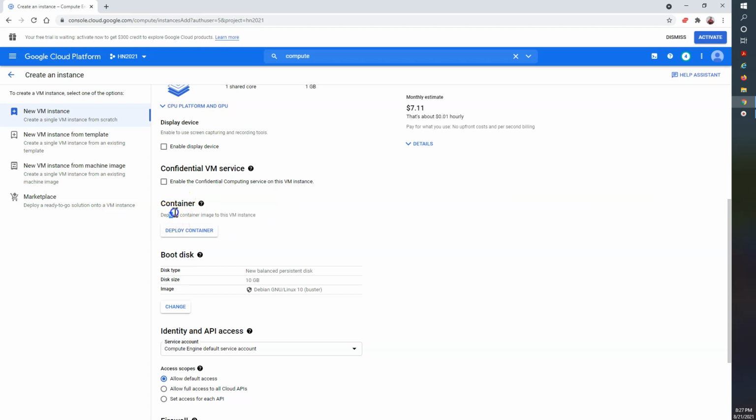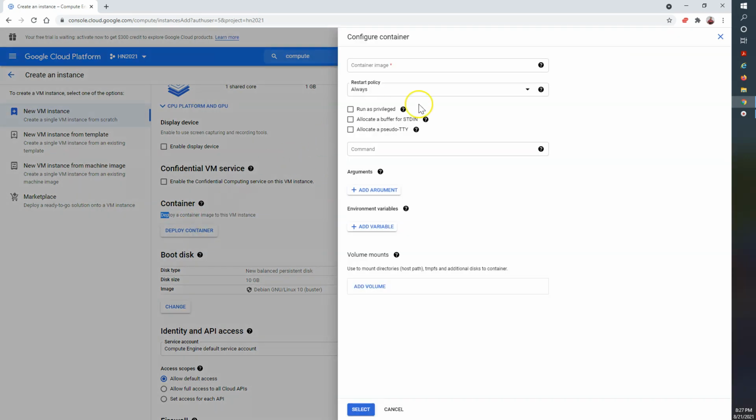Okay, so if you want to create a VM for your container deployment, you can create the same configuration here. If you want to deploy a container image on this particular VM, you can configure that from here. This is the complete configuration of your container, which image you want to deploy. Run privileged, if you want to give admin access and privilege to a particular container, you can configure it here. The arguments, environment variables, and mounting of external volumes for your container are also configured here. So while deploying your VM, you can also configure the container deployment section here.